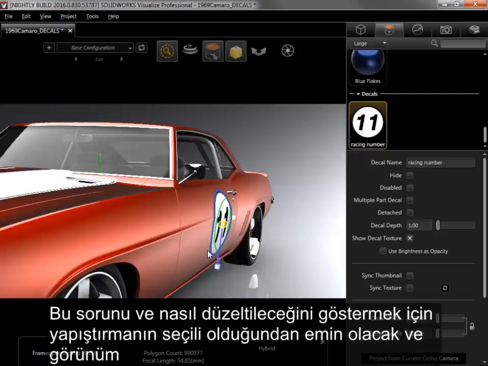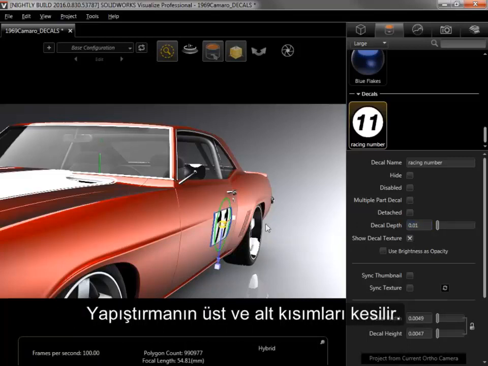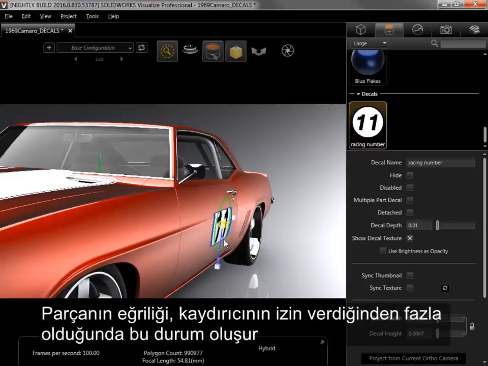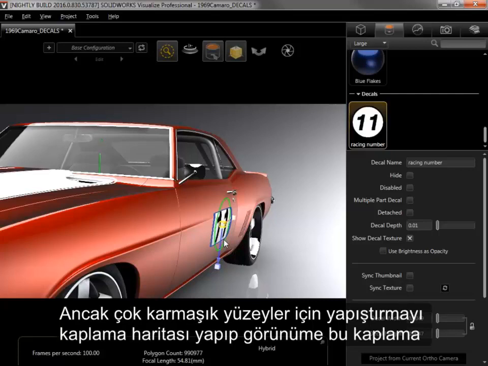To show the effect and how to fix it, I'll make sure the decal is selected, and in the Appearance tab, reduce the decal depth. Notice that the top and bottom of the decal are now cut off. When the curvature of the part is greater than the slider allows, this effect will occur, and can usually be solved by simply increasing the decal depth. For very complex surfaces, however, it can be better to make the decal a texture map and add it to